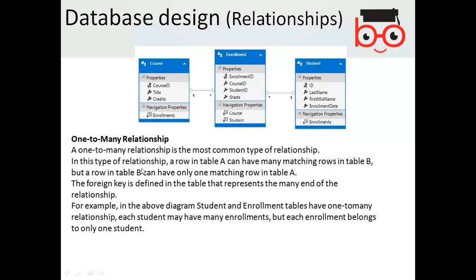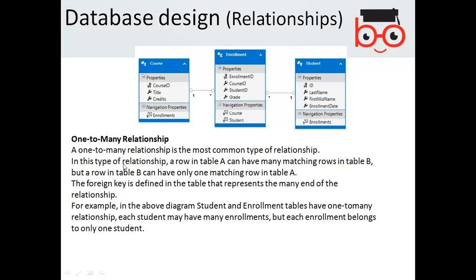In this type of relationship, a row in table A can have many matching rows in table B, but a row in table B can have only one matching row in table A. So one course could be occurring many times in enrollment, for example, but an enrollment for a particular student will only be there in the course.